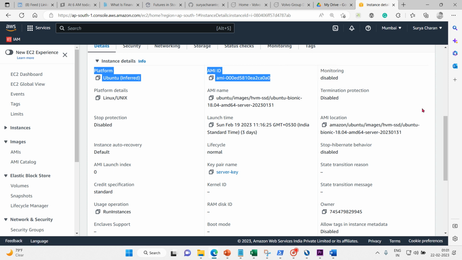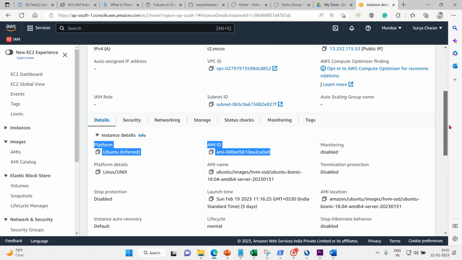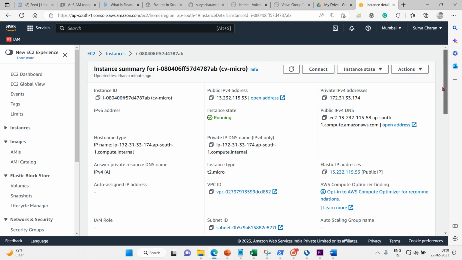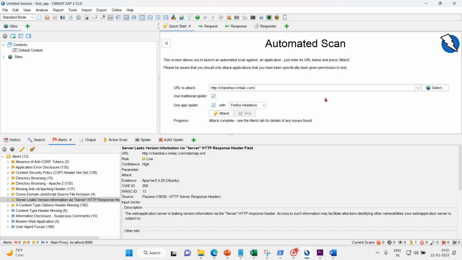Here is my image ID, and if you want the AMI name, it is Ubuntu image hvm ssd Ubuntu Bionic. So that's it. Hence proved, just using ZAP, you can target the application and you'll get to know the